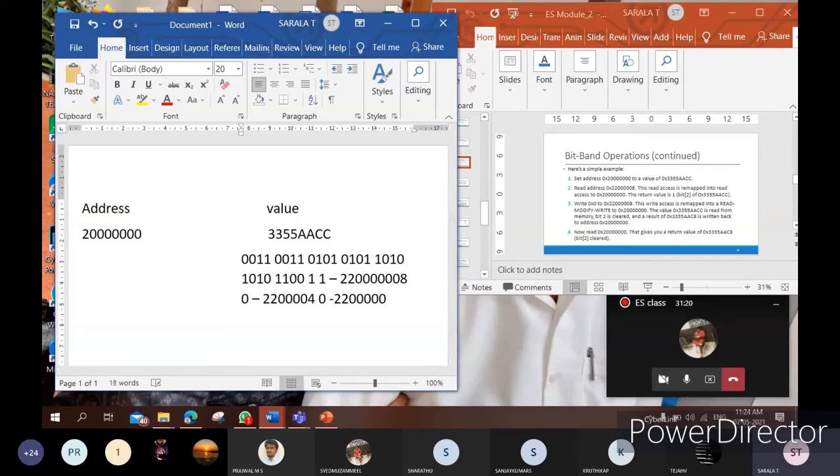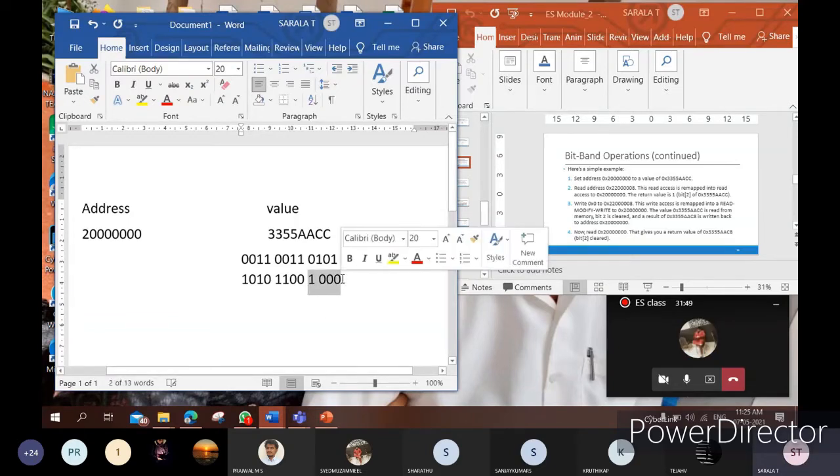Now I want to change the second bit. Simply take the address 22008 and write the value 0 into that address. I am writing the value 0 into that address. Then what will you get after the modification?